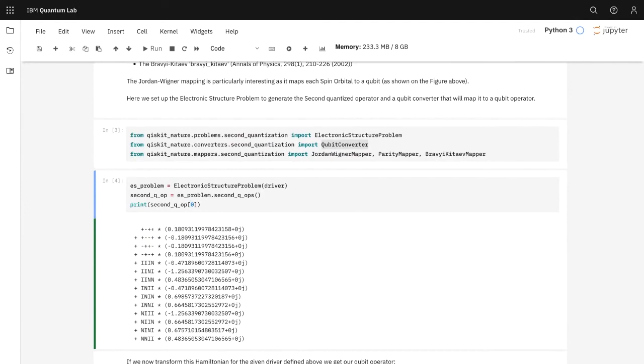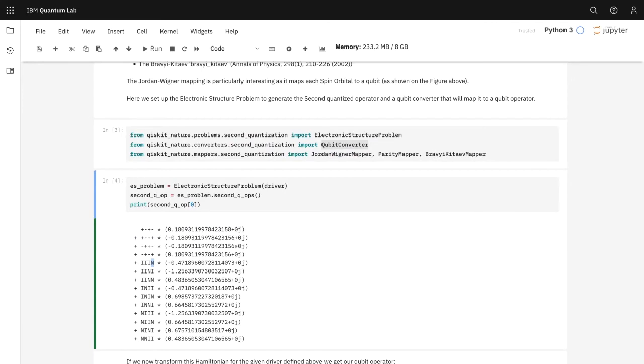So here we read it from the last element, so this is going to be a0, a1 dagger, a2, a3 dagger. There are also these I operators that are simply identity operators, so we don't do anything to those qubits. And N is the number operator, which is a dagger acting on the same qubit. So this is our second quantized fermionic